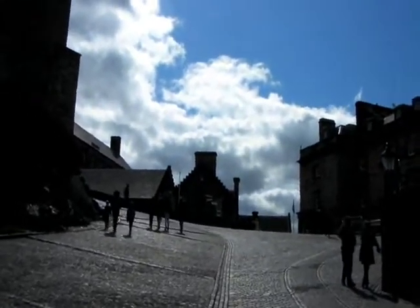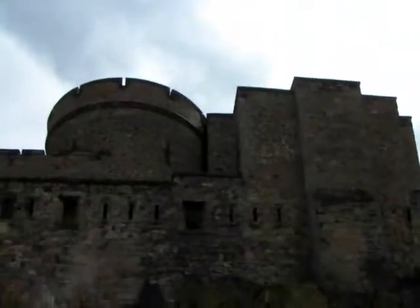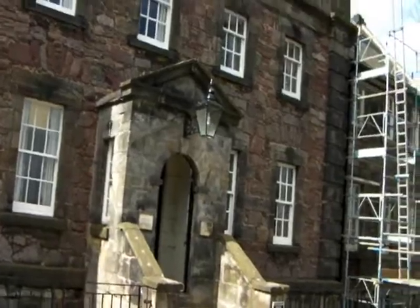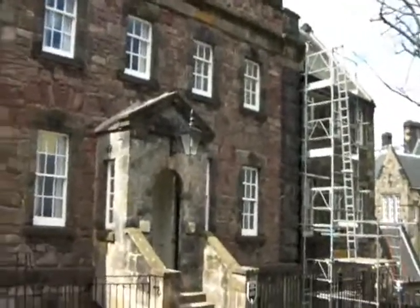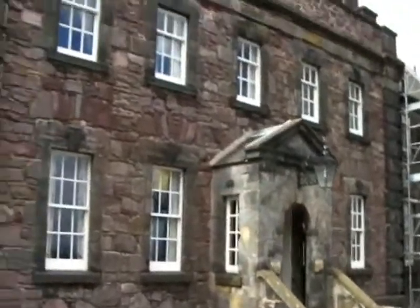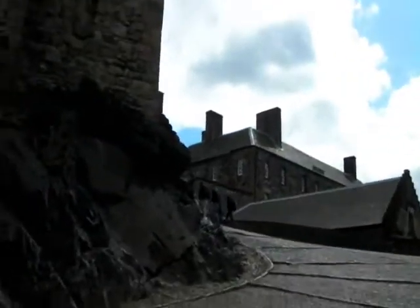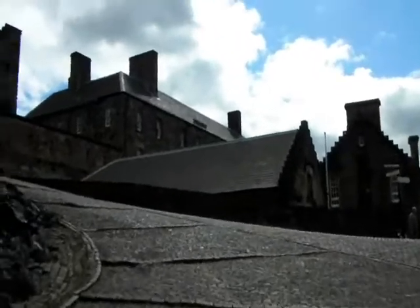Alrighty, here we are walking up to the main entrance to the castle around that corner there. That's the castle up there, but on the right here is the original governor's house, where the governor of the castle lived. It's still used today as an officer's mess, so tourists can't go inside, unfortunately. We can still go in the castle, so let's head up this extremely steep hill